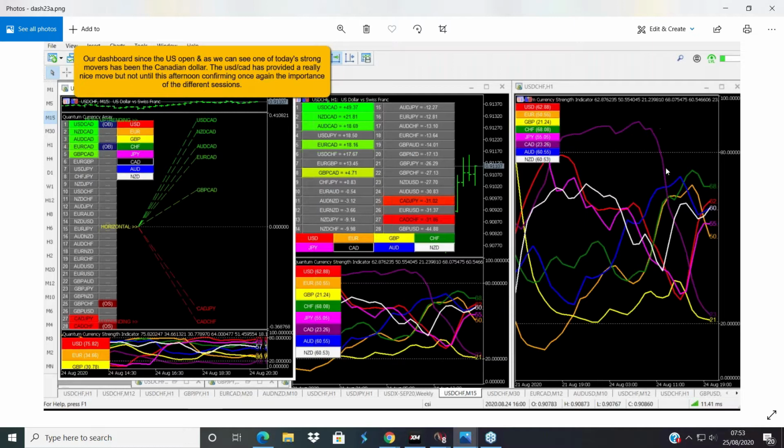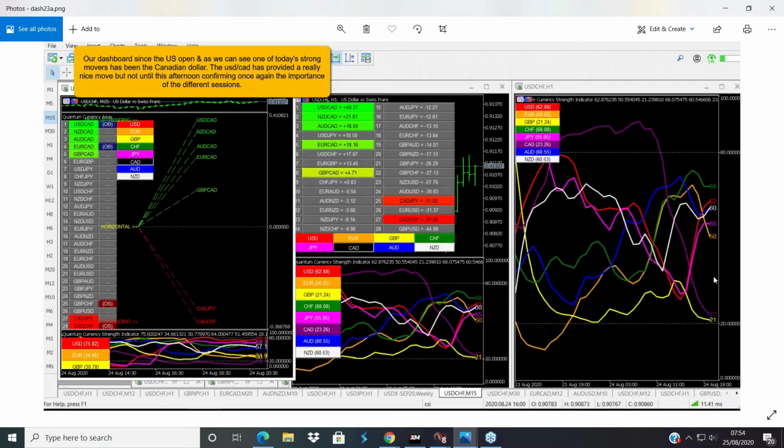If you compare this line with all the lines of the other currencies, you can see the pound was going up, then it was falling back, then it was going up again, and it was falling back again. It was doing all sorts of things. The dollar also had a bit of a recovery, but certainly not to the extent of the Canadian. So it was very much a Canadian dollar story yesterday. But you think, oh, great, a trading opportunity. Maybe the Canadian is a currency you like to trade anyway.